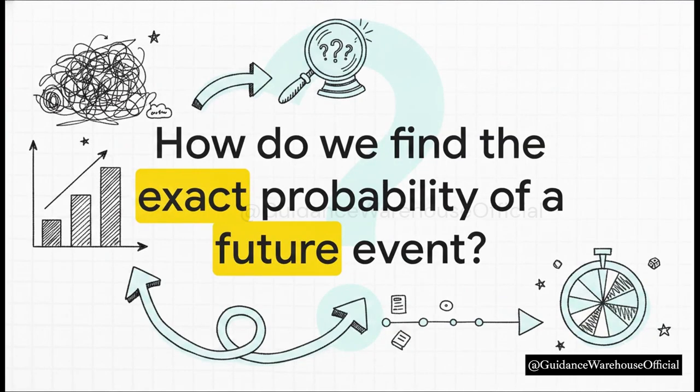You've successfully taken a chaotic spreadsheet of raw numbers and built a completely structured, insightful frequency table. But here is the ultimate question. Now that you've transformed messy data into organized historical evidence, how can you use these very same frequency tables to accurately predict the exact probability of a future event? That is the fascinating leap from descriptive statistics to probability, and it is exactly what we're going to tackle in our